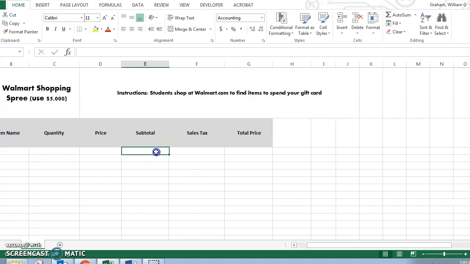When you add these two together, you get this. When you multiply these two, you get subtotal. Okay? So let's go ahead and put our formulas in. Subtotal is equal to, so I put the equal sign. Every formula always starts with an equal sign. Subtotal equals